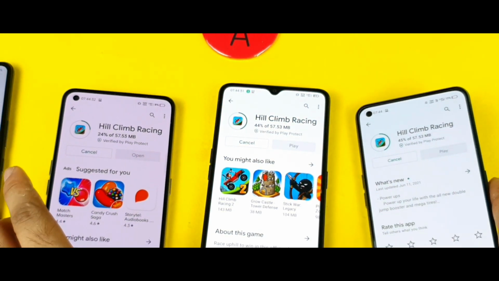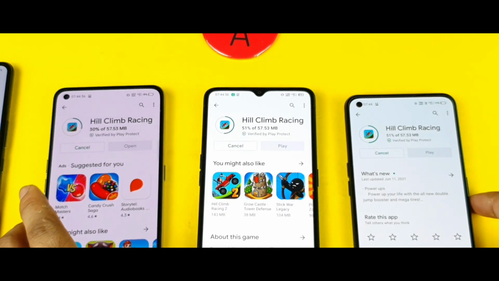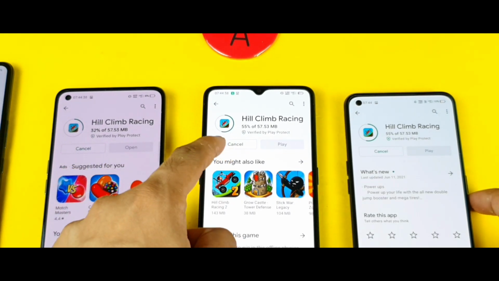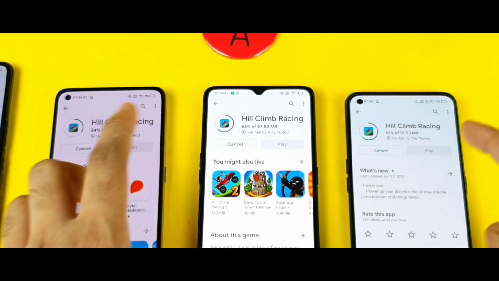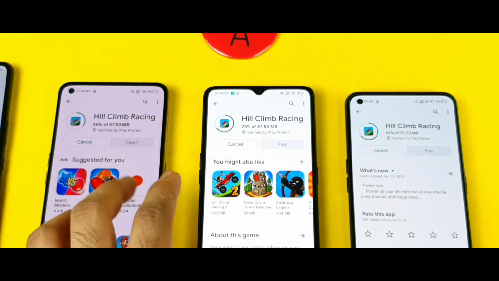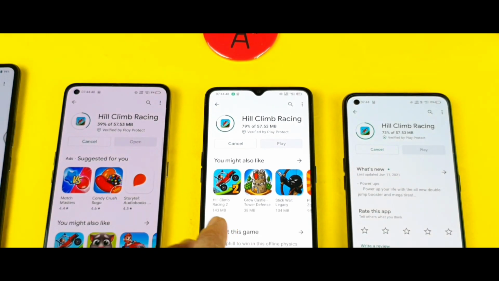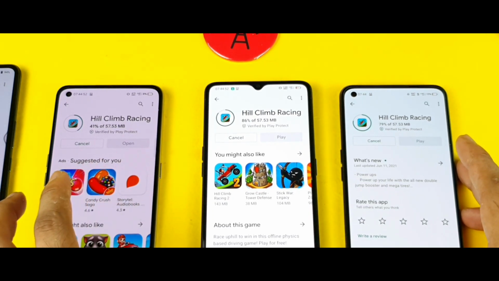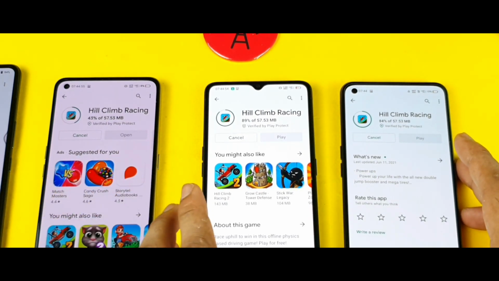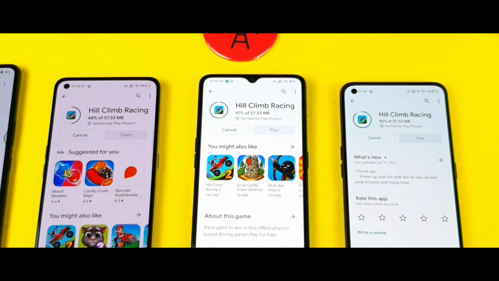We never know, friends, because sometimes mobile phones definitely speed up at the end. So right now, as you can see, the X2 Pro and the X1 Max are in a bit of a tug of war. So brilliant, friends, as you can see. Their speeds keep on increasing, these two phones. Wow, I think at this point the Realme X2 Pro is going to be the winner. X2 Pro, that's really great. I did not even think the X2 Pro would be the winner. I thought the X1 Max would be there.